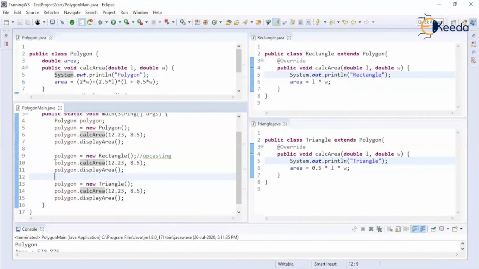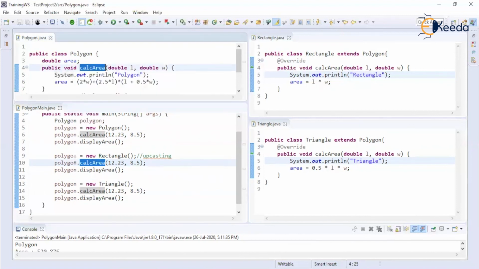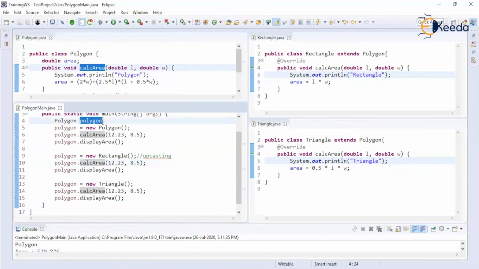Now, what will the compiler check? Whether the calc area method belongs to the polygon class or to the rectangle class. Here, the calc area method is cross-checked against the polygon class calc area method. Why? Because here the type of the reference is polygon.